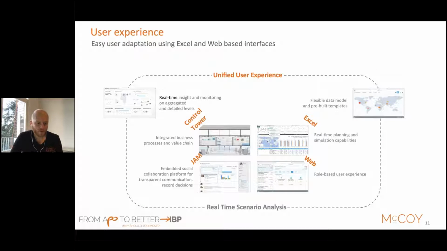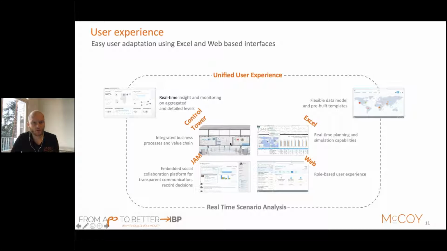So then from a user interface perspective, as said before, it will be more flexible for a user. One of the main interfaces is Excel. You will see it in the demo, which we will present in a moment. And also within the web, so giving you more opportunities, but also a better look and feel, better insights via dashboards, which will help you to identify gaps and issues in your supply chain.